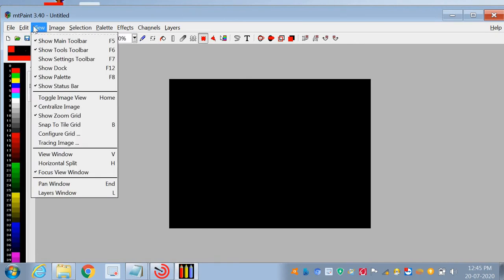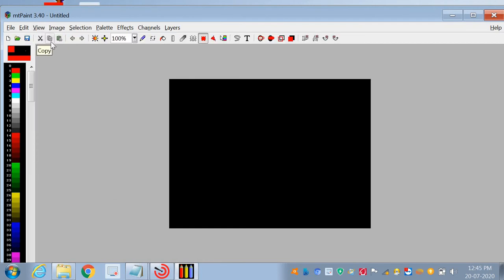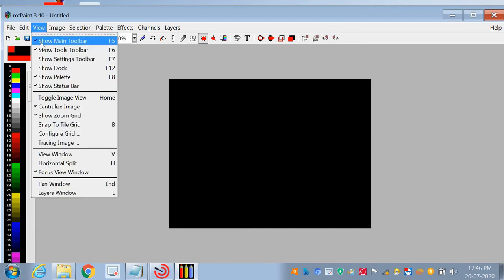Now view. In the view menu these tools are displayed here. Show main toolbar. Here you can click show main toolbar, so your main toolbar is displayed. This is your main toolbar. Show toolbar.